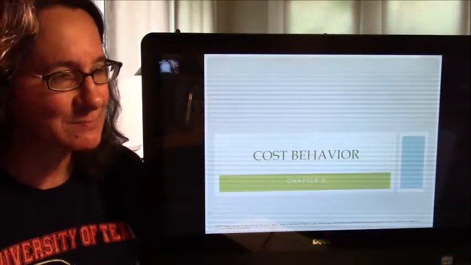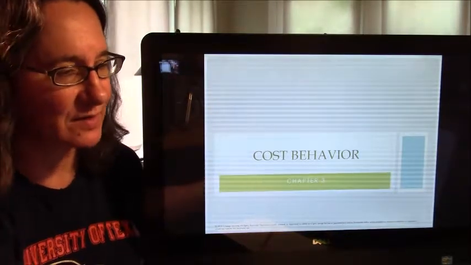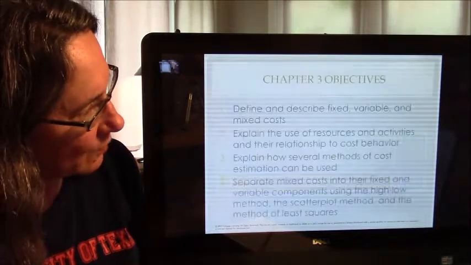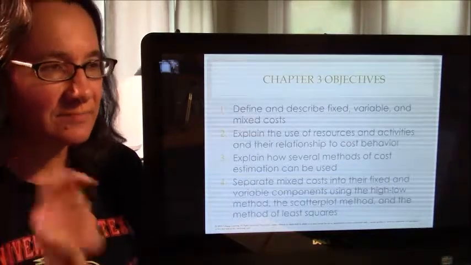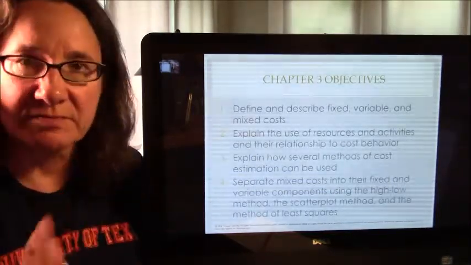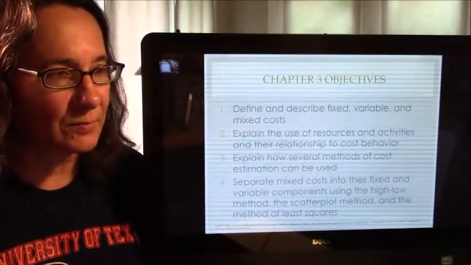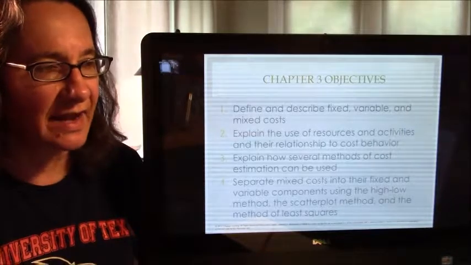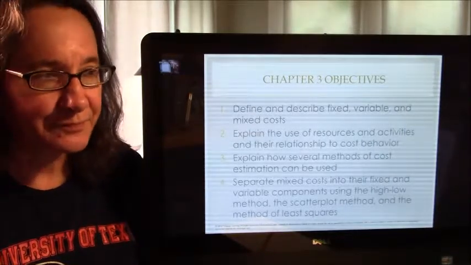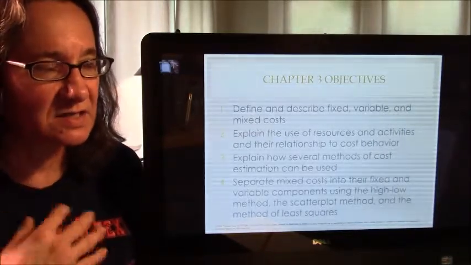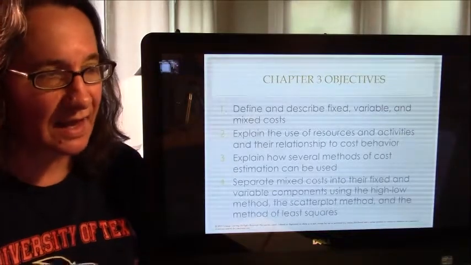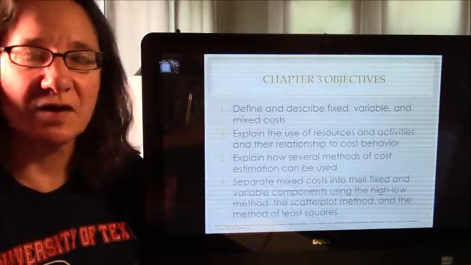Alright, so cost behaviors. How do costs behave? So let's talk about that. What we're going to go over are fixed, variable, and mixed, so 3 kind of ways costs behave. We're going to talk about the resources and activities and how they relate to cost behavior. We're going to talk about a couple of methods for cost estimation, and we are going to talk about separating